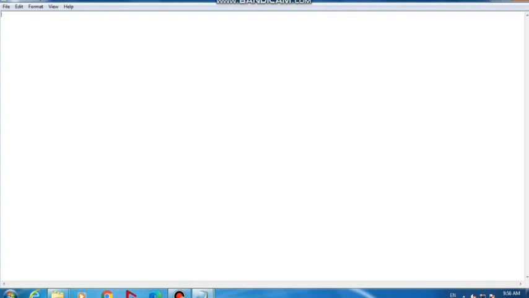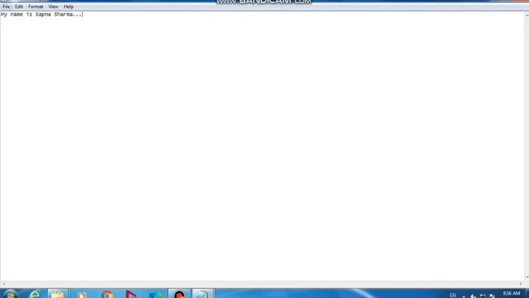We can type text on Notepad with the help of a keyboard. The text we type will appear where the cursor blinks on the Notepad screen. Now you can start typing. You can type anything. For example, my name is this. See, I am typing. Type any text for your document. Now suppose you have typed your text.